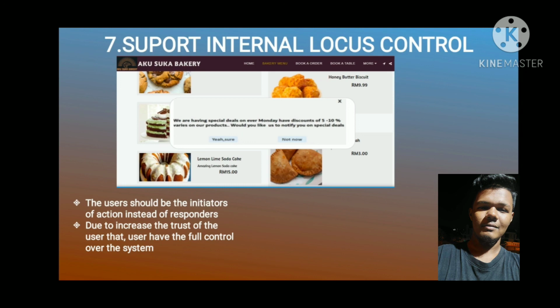The system asks the user for permission to give push notifications on special deals. The choice of accepting or declining the notification depends totally on the user and not the system. So the user is the initiator of doing an action in this website.